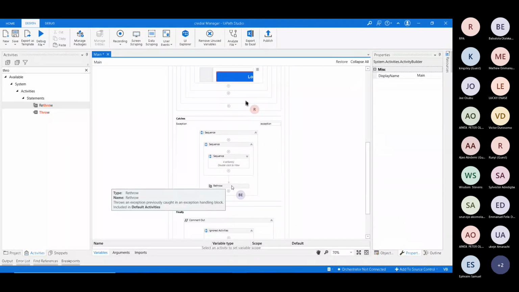Click on throw. Okay, sir, I've done it. So if you run this program, the activities before the exception will, before it happens, help to bring out